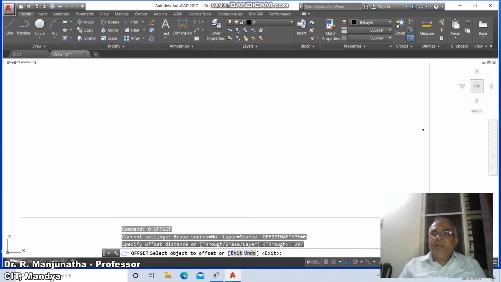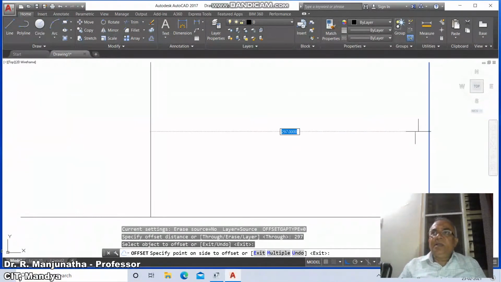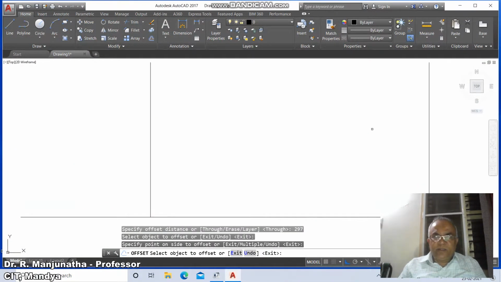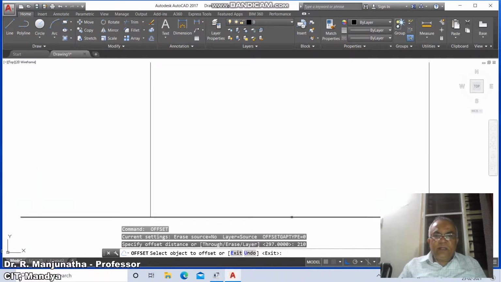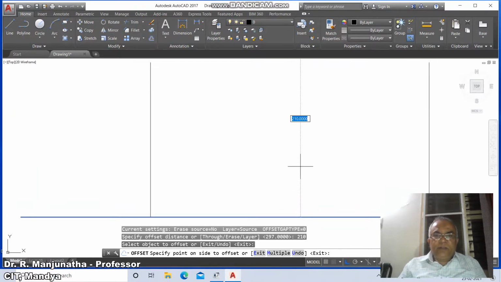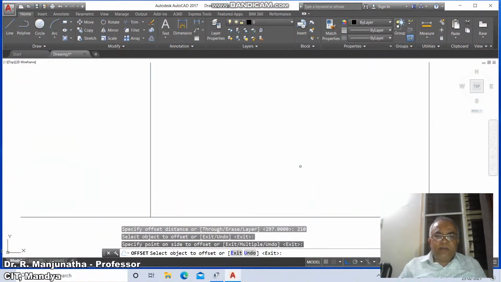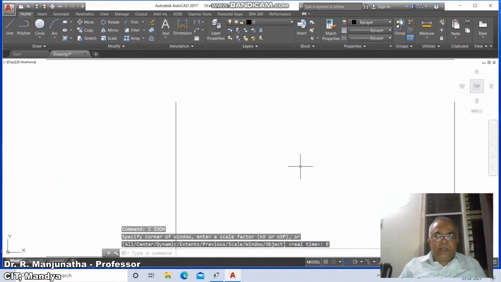Select this vertical line and take the cursor to the left side and click the first button of the mouse. Again go to offset, take the distance as 210 and select this horizontal line and click to the top side, and then click the first button of the mouse. Then again go to zoom, extents and zoom